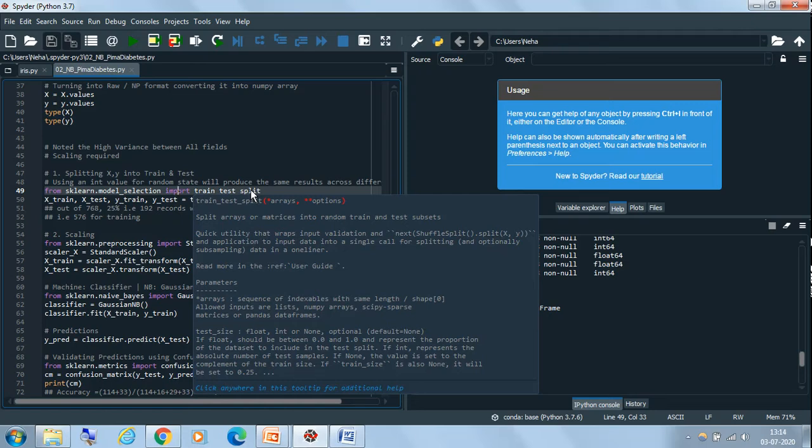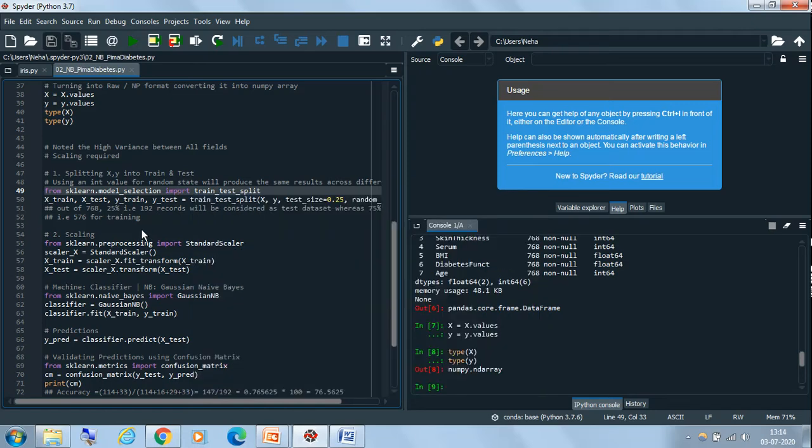Now how do we split? What percent of the data set should be considered as the training data set and what percent as the testing data set? And where will they be saved? What variables will hold the training data set, and what variables will hold the testing data set? For that we have the next line.